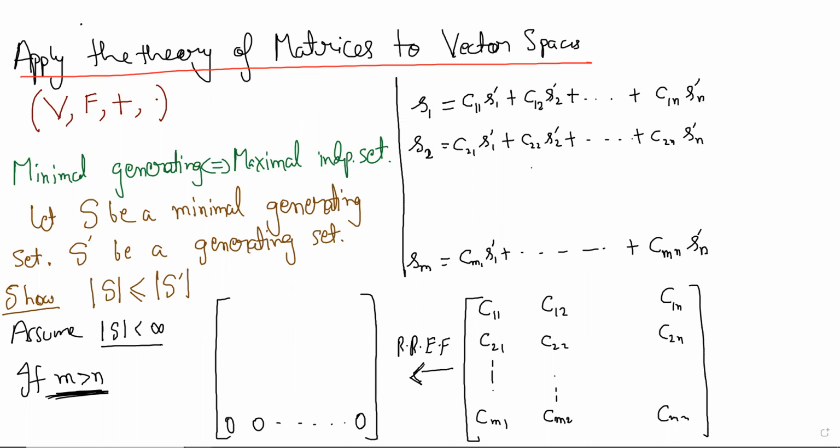Yeah, because every row can have at most one, right? So you look at the first row, it has a one. The second row will have a one, and they are in different columns, mind you. So by the time you come to the nth row, all the columns are used up, and so the other rows will have to be zero. Some more rows can be zero, but at least the (n plus 1)th row